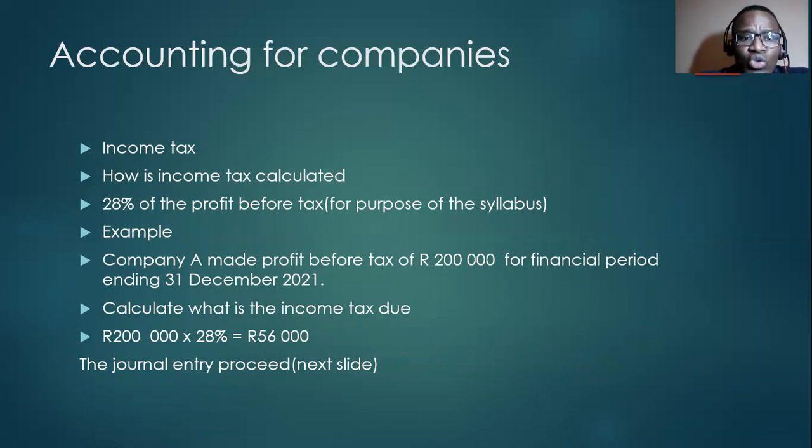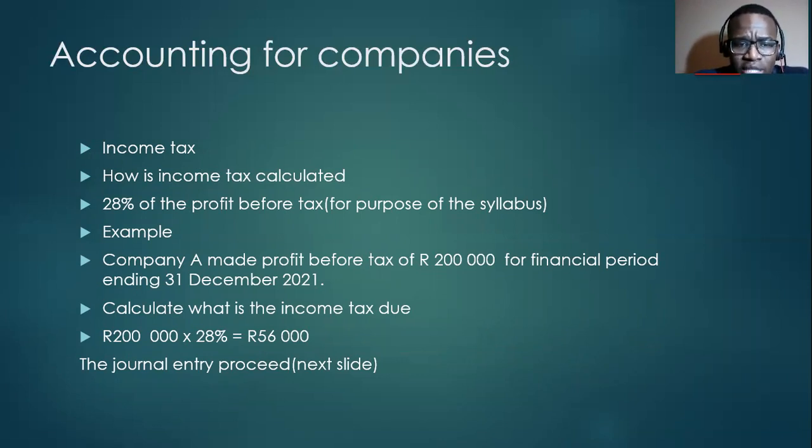It's calculated on a fixed rate in South Africa. At the date of this lecture, it was 28%. So it's 28% of profit before tax, right? For the purpose of the syllabus, but there are other complex things around how they determine that profit before tax